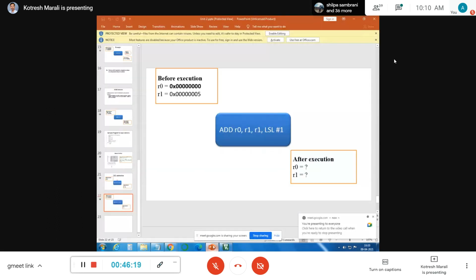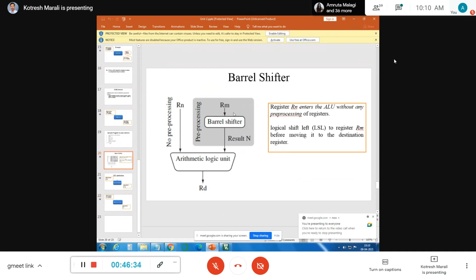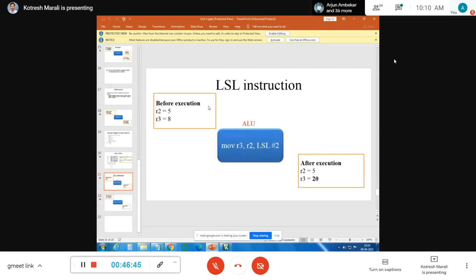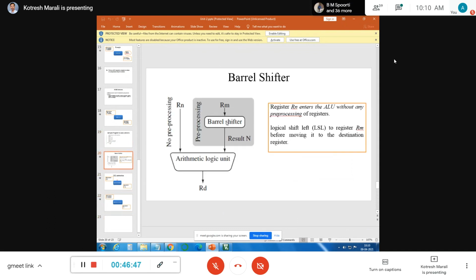Look at this. R1 is performing the LSL operation. So the content of R1 is moved to the barrel shifter, which means 5 is moved to here. So 5 into 2, 10. Okay, 10 is going to be present in here.